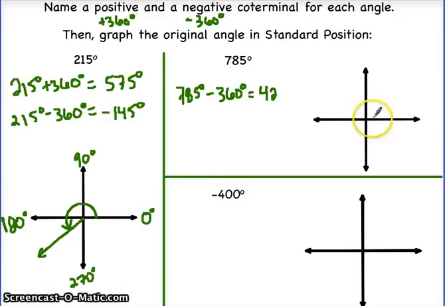Fix that up there real quick. 425-degree angle, which is a positive angle. So there's a positive coterminal right there. And in fact, if we just keep subtracting, subtract another 360,